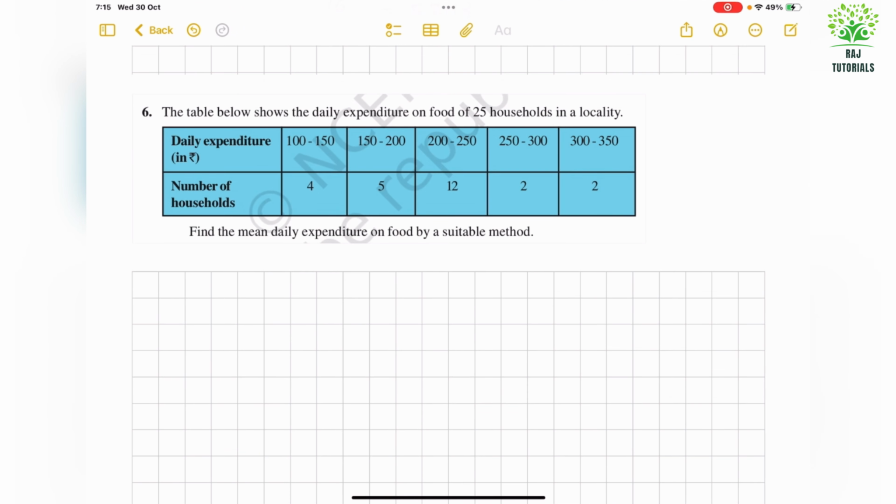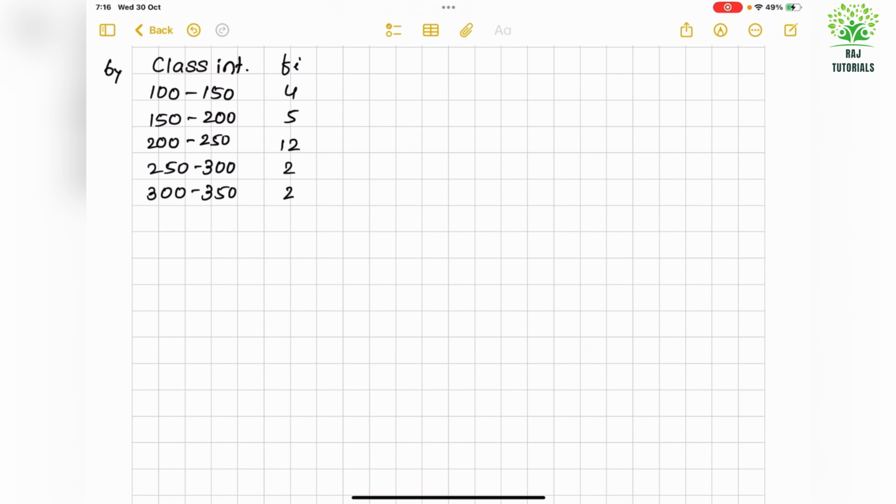Now question 6 says, the table below shows the daily expenditure on food of 25 households in a locality. Find the mean daily expenditure on food by a suitable method. So here also I will be using the step deviation method. Finding xi will be 150 plus 100, so 250 divided by 2, so 125. In the same way I will have 175, 225,